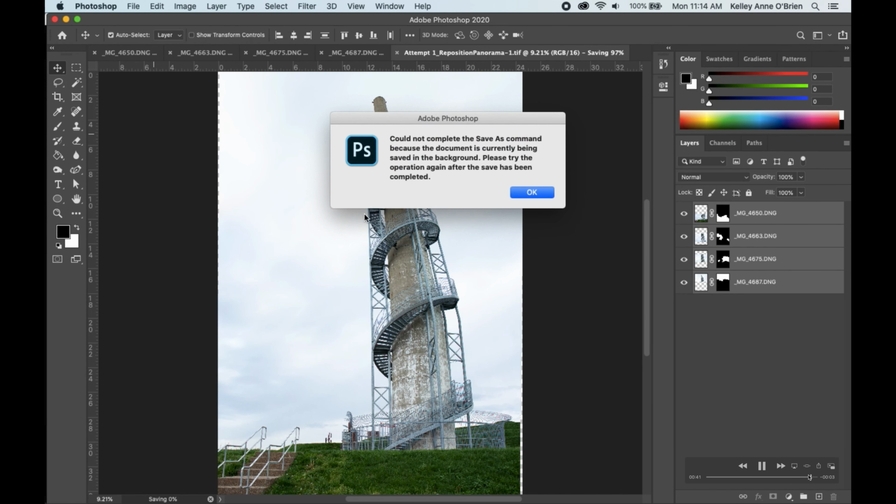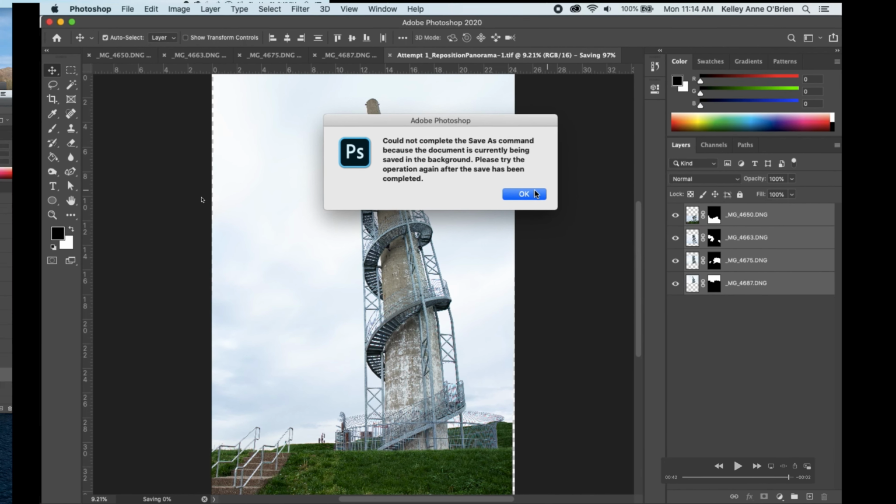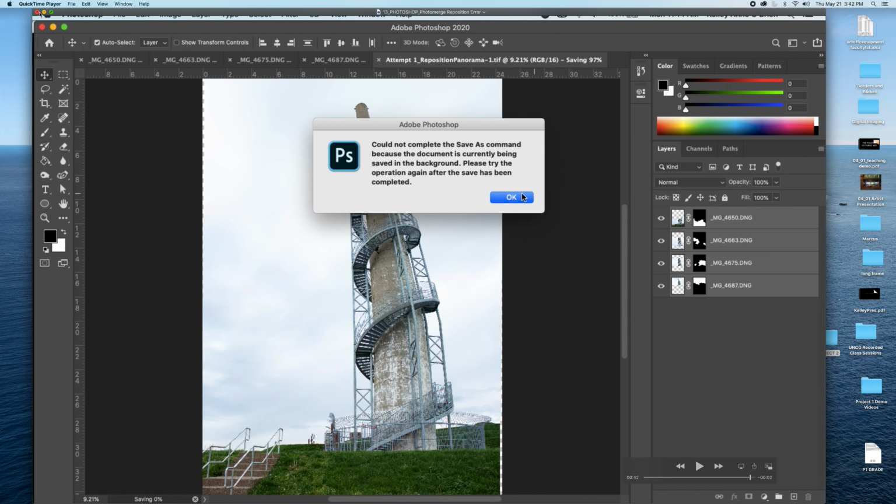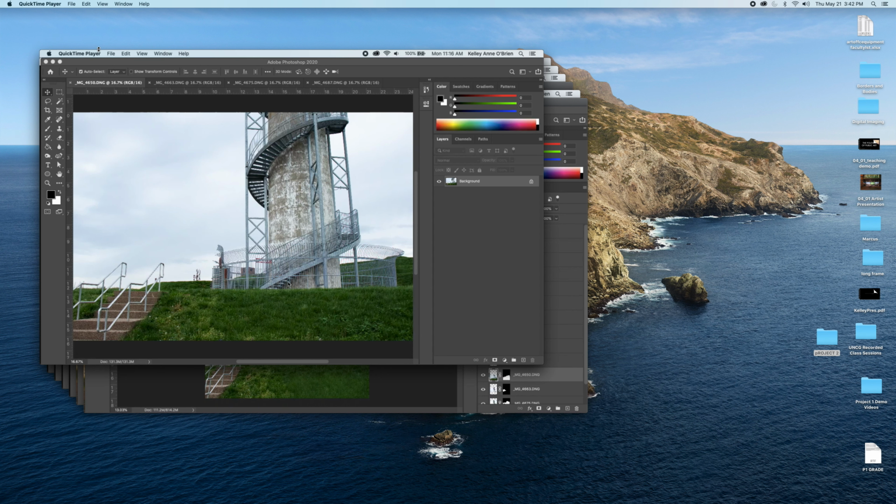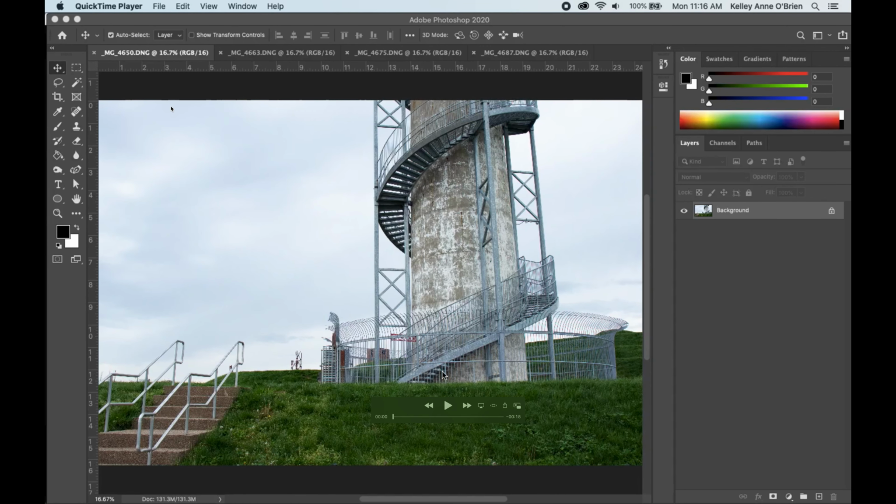And then, of course, I always want to save this a couple different ways. I like saving things as TIFFs, JPEGs, and Photoshop files. That way, I've got a little bit of everything if I need it. So once I saved my crooked tower, I went ahead and closed that file,